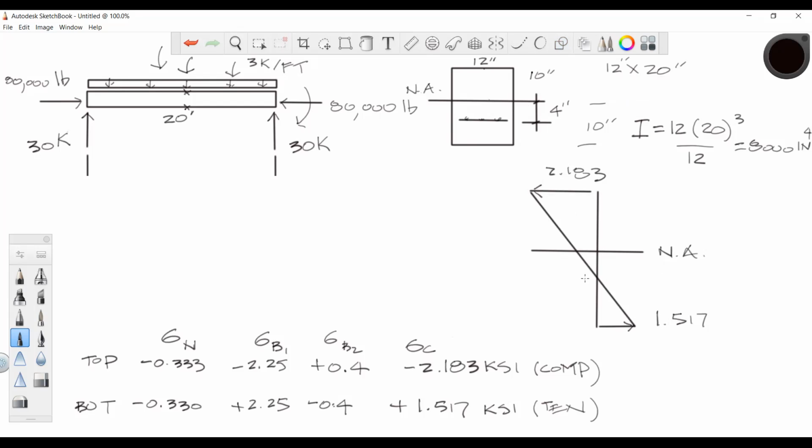So the point of zero is going to be below. What would that distance be? Let's see if we can solve that. We basically have a similar triangle, which would be that side plus that side added over this distance. So if you add the 2.183 plus the 1.517, I'm just looking at absolute values here. I'm not looking at sign. So I get 3.7